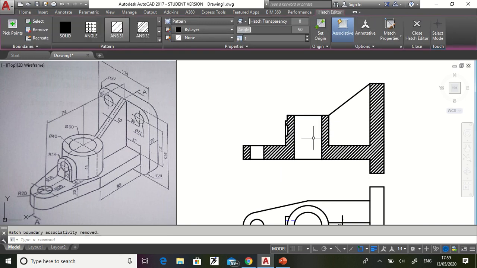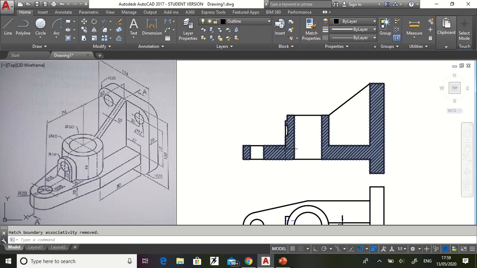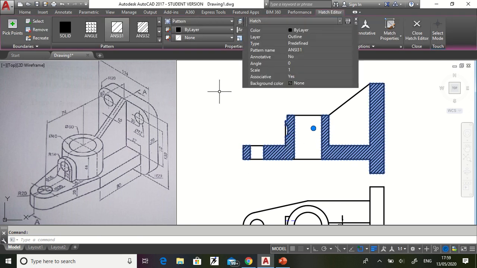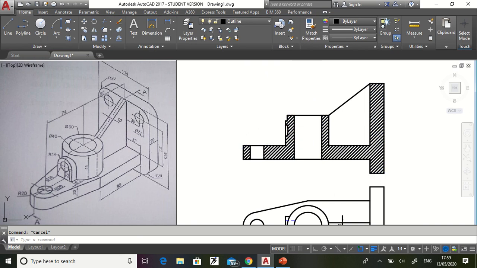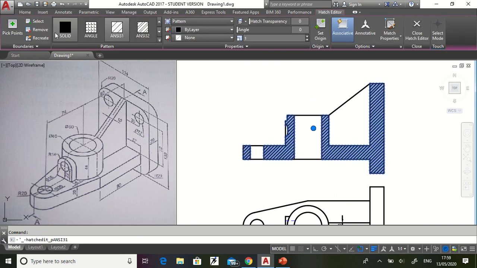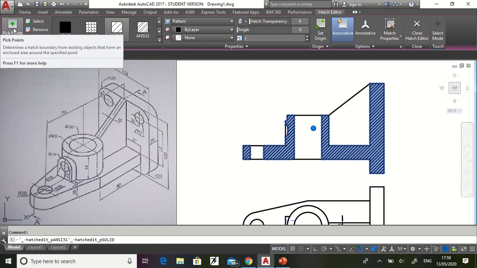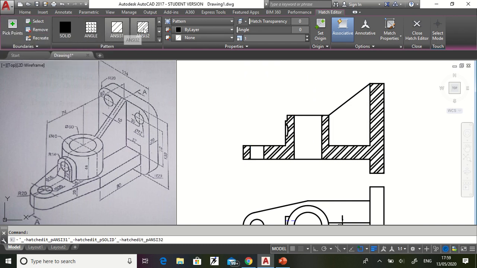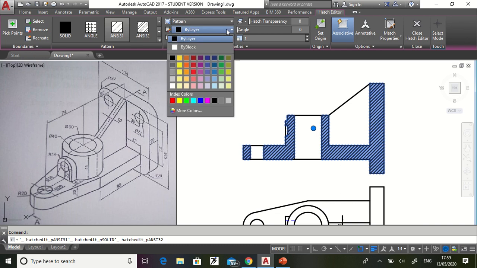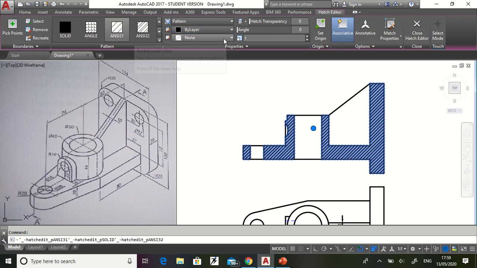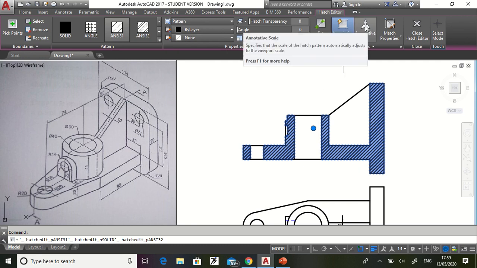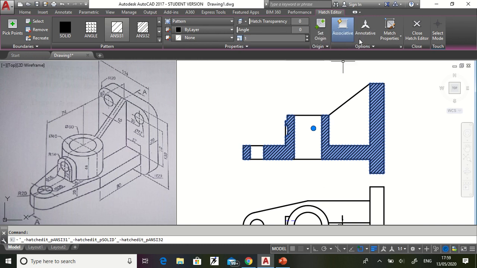Fine. Then if I again double click on this, it will go to the hatch property. So click on this, so it will go to hatch property. I have explained to you how to select the pick point, how to select the pattern. Then you have to say from here by layer, so that when I change the layer at the home, it will become this way. Then annotative, I told you annotative we give it when there are viewports, and those viewports when I put together, the hatch pattern should not scale or reduce. So for that we put in annotative.